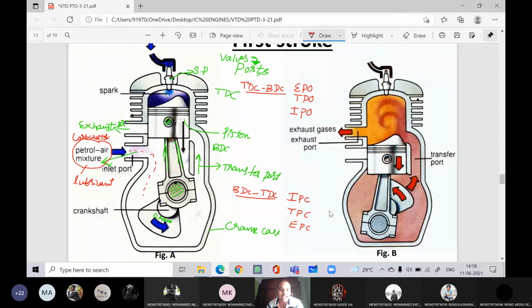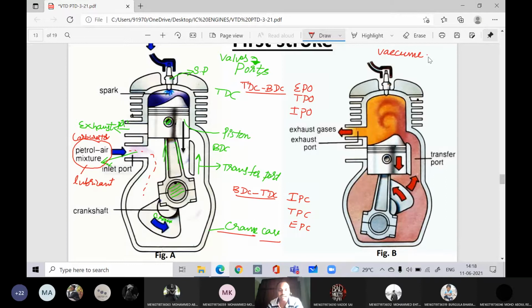So the fuel air mixture will not enter the engine cylinder directly. They will enter the crankcase. How will it enter? In order to take place suction, what is to be created? In order to create suction, what needs to be created? We need to create vacuum. Agree? Yes or no? Yes, sir. We need to create vacuum, nothing but a pressure difference. Once you create a pressure difference, automatically suction will take place, right?